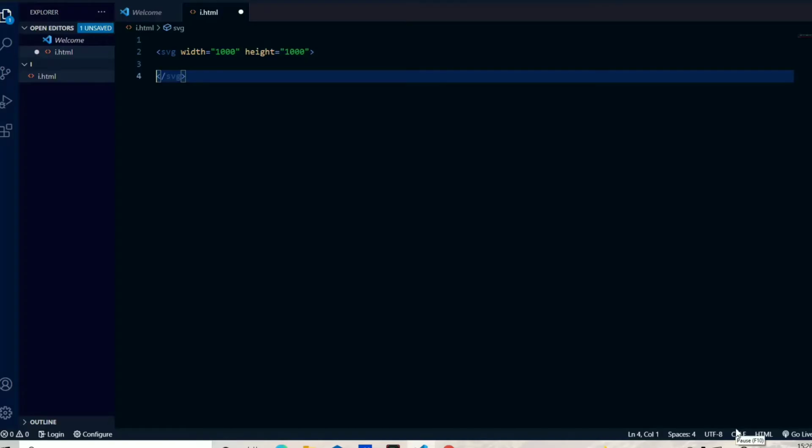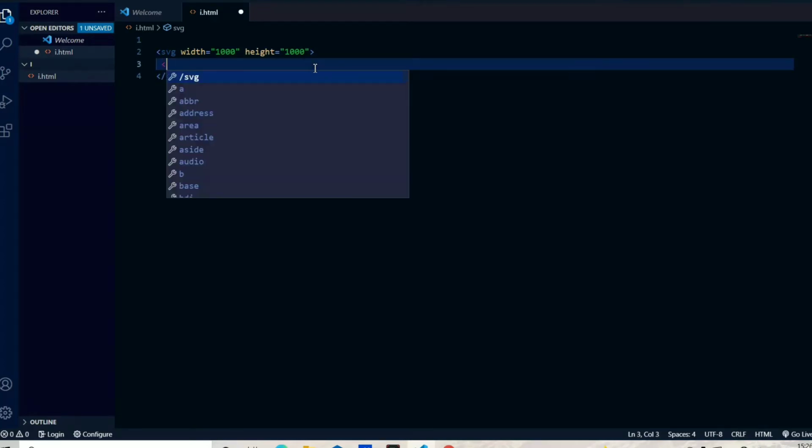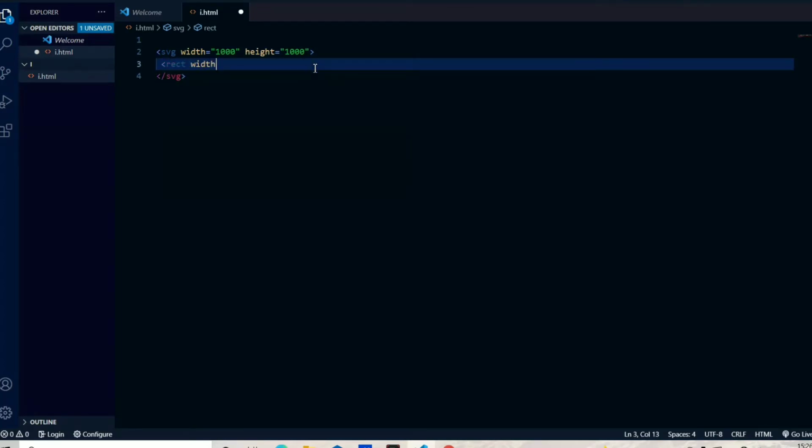Now we will have a look at how the animation works. For that we have to use the rect, and I say width with the 100, and height with the 200. I don't mention the X and Y, or I just leave it because we are creating animation. We don't have to bother about X and Y, and I use the orange color for this.